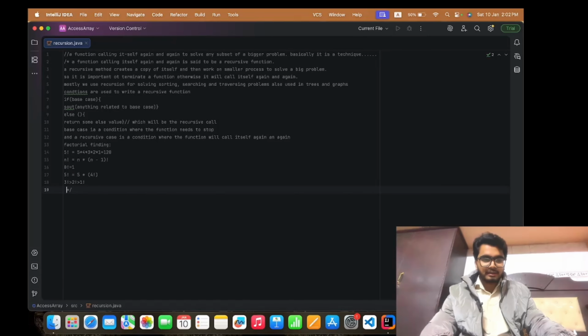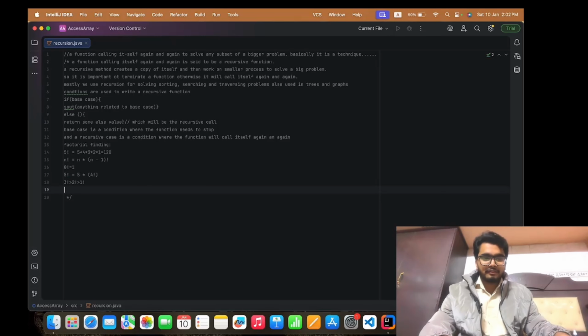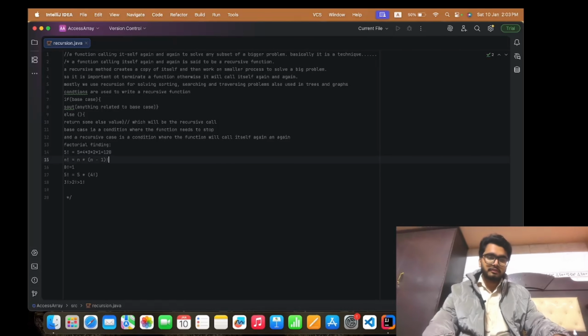Now if you are still wondering how the factorial of 0 equals 1, this is very interesting mathematics. Basically, factorial means the ways to arrange something. If you have 5 items, the ways to arrange 5 items are 120. There are 120 ways to arrange 5 items.